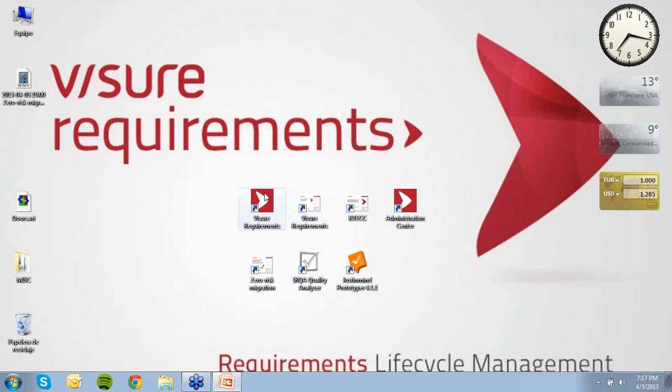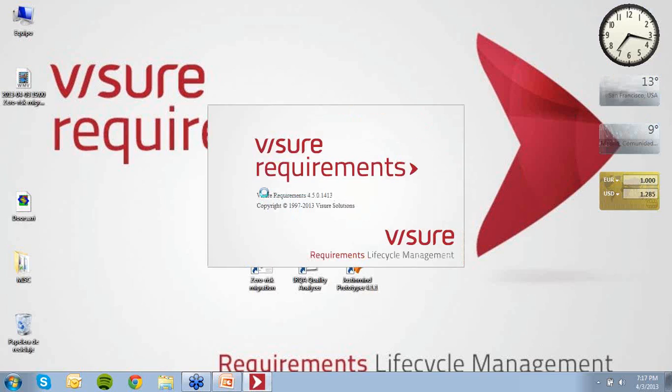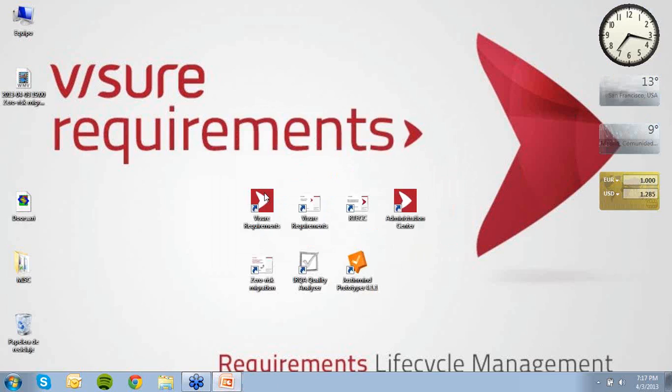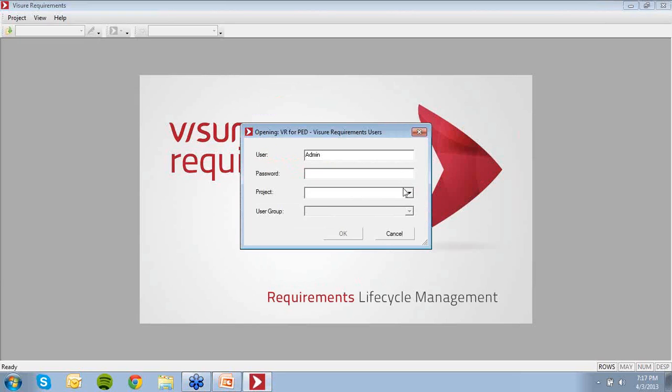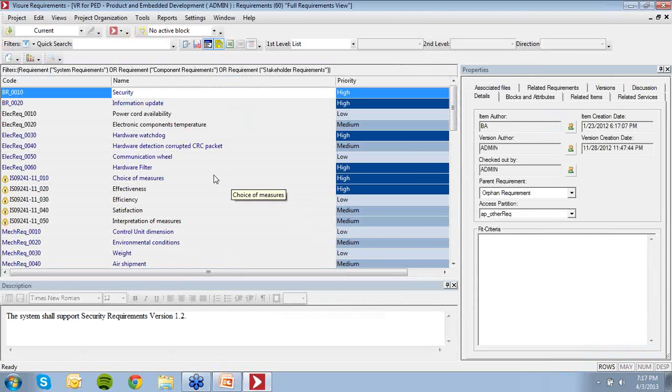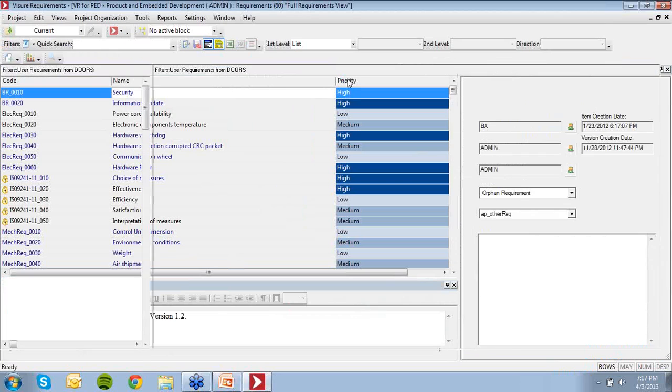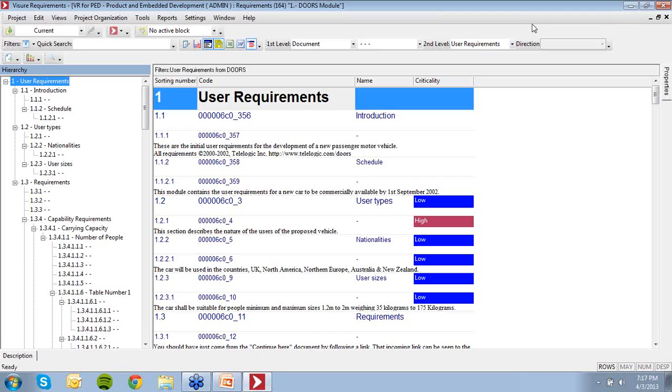So let's take a look at the application. Let's open Visure Requirements, and let's take a look at how it looks in the application. So let's open this sample project. And let's go to a view where we can see how the modules imported from DOORS look. So this is the result of a first import of this XRI file. And in a couple of seconds, we will proceed to import another XRI file and take a look at the